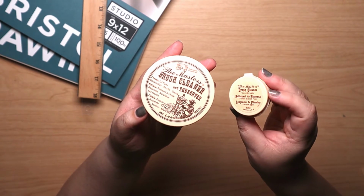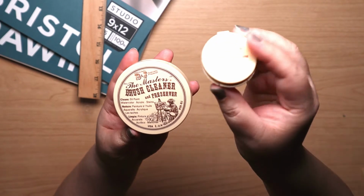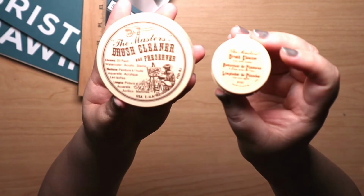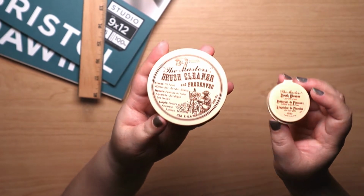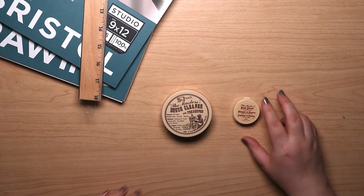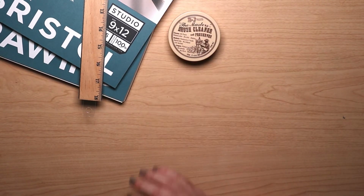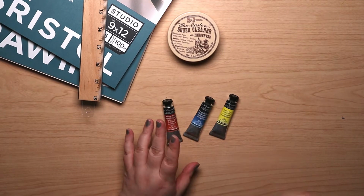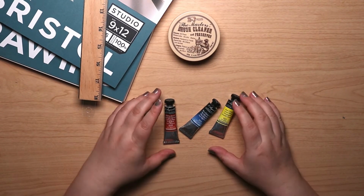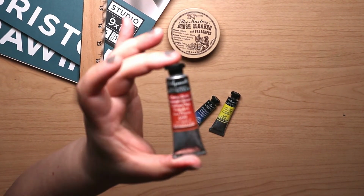Here's a 2.5-ounce container of the Master's brush cleaner, and the little sample size I'd been using. There is also an in-between size and a larger tub as well, and I can't believe there's no innards shot in this footage. That's like showing off a golden crusted pie and not cutting a slice to reveal the strawberry and rhubarb goodness inside. Well, yeah, this is nothing fancy, just soap. But still,